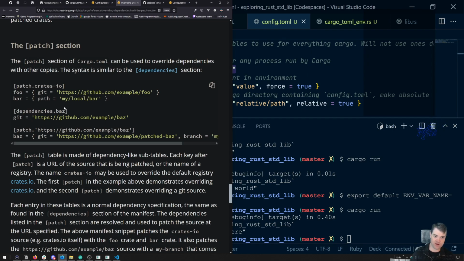The patch section of Cargo.toml can be used to override dependencies with other copies. The syntax is similar to the dependency section. So patch creates... oh,